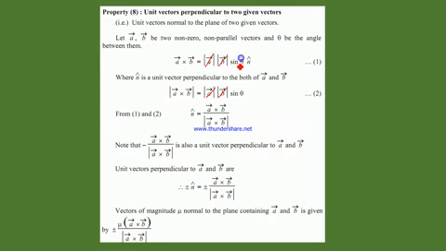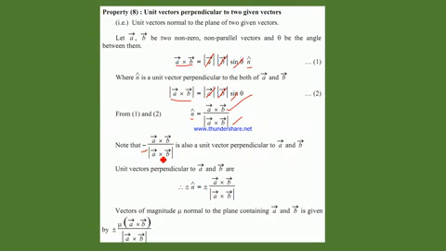The sin theta cancels, and the balance is n cap. So in the numerator we have A cross B and in the denominator we have modulus of A cross B. Therefore n cap is equal to A cross B by modulus of A cross B. This is the right hand system. In the left hand system, n cap will be negative. Note that